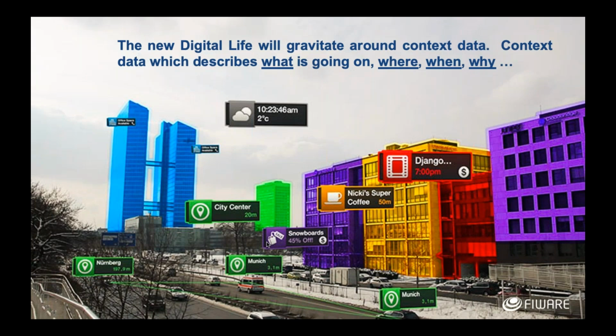Now, there is one obvious attribute, which is location, which is dealt with differently within FIWARE, because that means you can then do things like geofencing and what have you. But for the vast majority of attributes, it will depend entirely on what you actually are. So, for example, a weather forecast would have the idea of temperature or whether it's cloudy or what have you, whereas a coffee shop would have a location, like where it is, but also things like the opening times or even possibly the prices of the coffee or what have you.